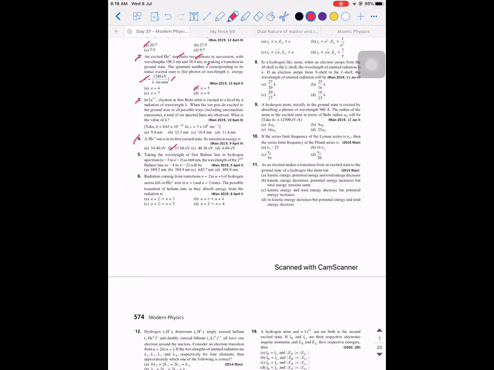They have given everything, no? Why are they framing this question? They themselves told n is equal to 3 to n is equal to 2. Then what is the objective of giving the first part of the question?